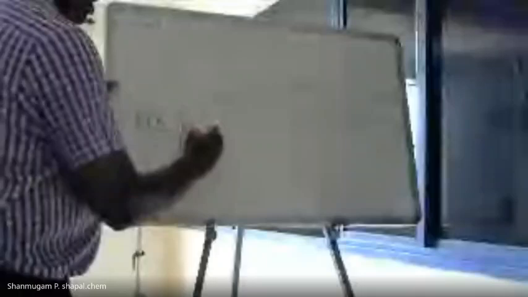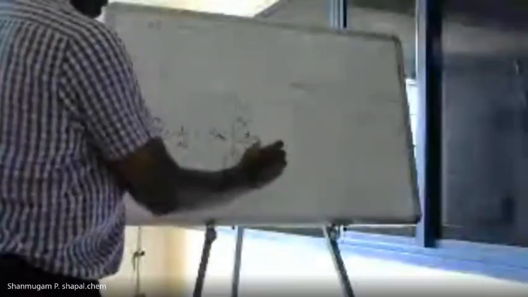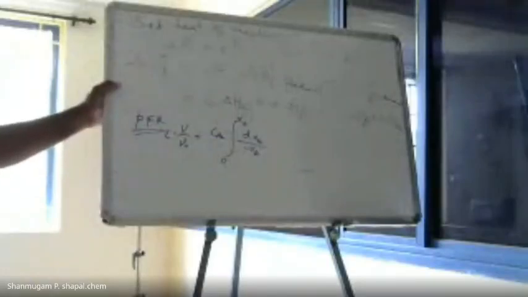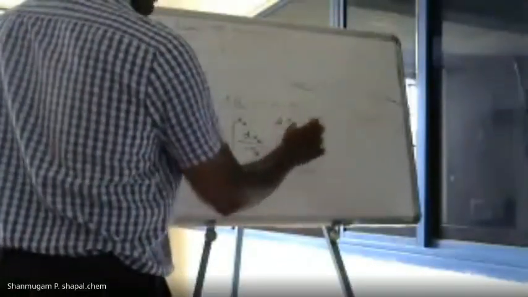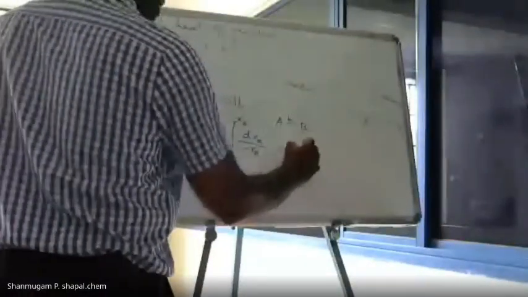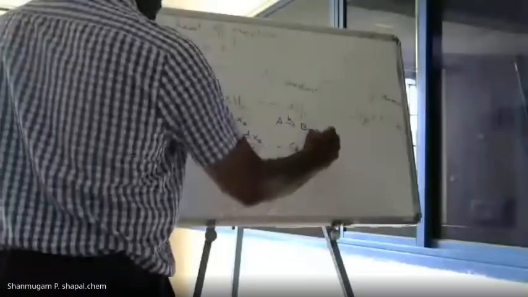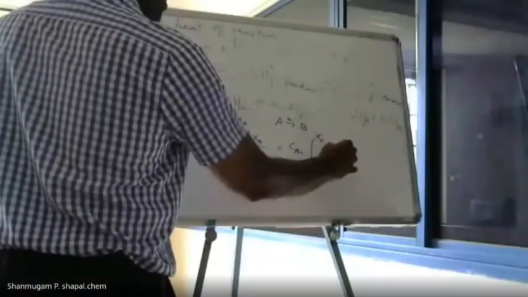V by V naught is equal to C naught integral of dXA over the rate, in terms of the conversion. Consider A gives B as a first order reaction, where k is the rate constant. This can be written as C A naught integral from 0 to XA of dXA over